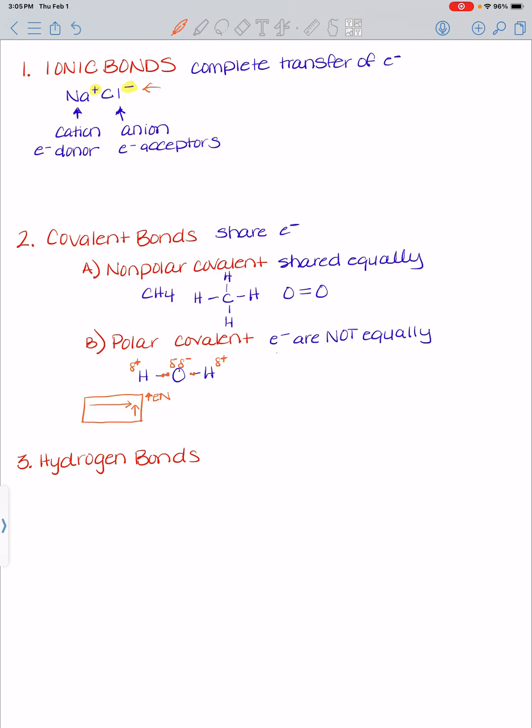So polar covalent bonds are not shared equally, and we get these partial positive, partial negative charges, but again, not the complete charges like up here for ionic bonds, because we're not completely transferring or accepting electrons. What happens is, because we get these partial positives and partial negatives, even though they're not complete charges, they are still attracted to each other. So partial positives are going to be attracted to partial negatives. So a hydrogen atom in water is going to be attracted to an oxygen in another water molecule that has